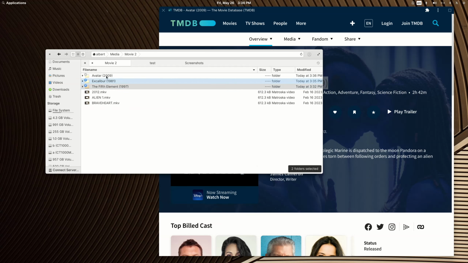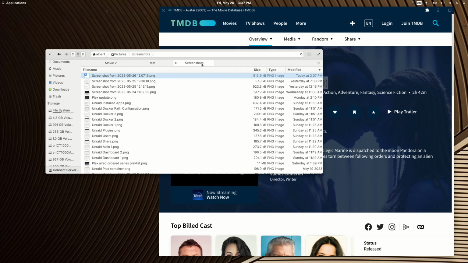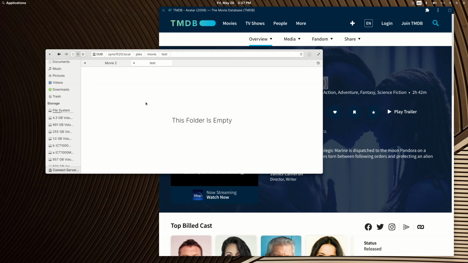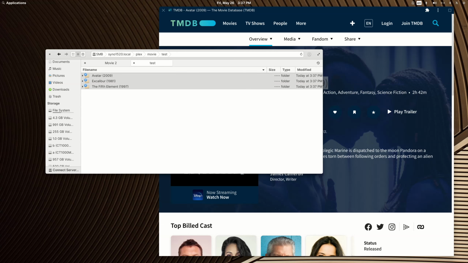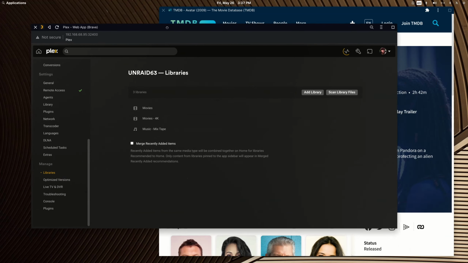Okay, so these three are prepped, all manually. We'll cut them. No, wrong directory, I don't need that screenshot one anymore. And we'll paste them into the text movie library. Okay, and this is where the big help is going to be for Tom, setting up his first library properly. So when you're at your server,